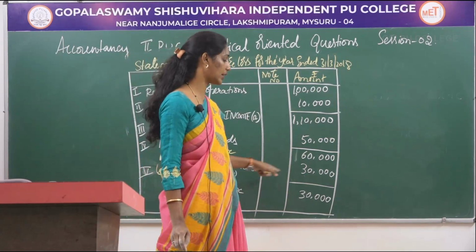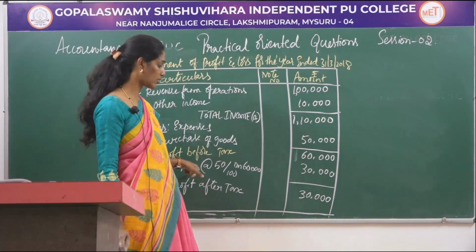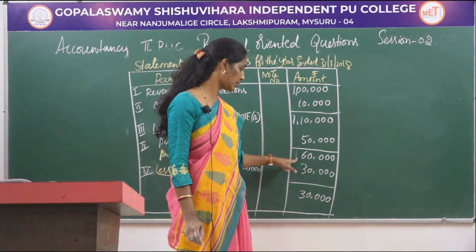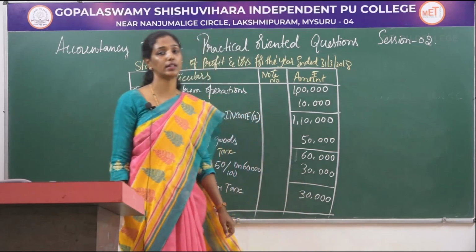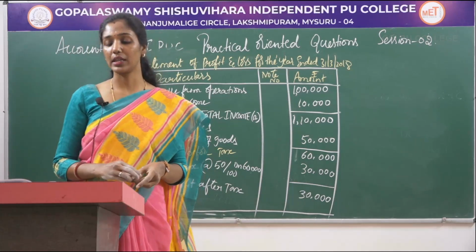50% of 60,000 calculated gives 30,000. To deduct tax from the profit before tax, you will get profit after tax. 60,000 minus 30,000, you will get 30,000. So this is the statement of profit and loss for the year ended